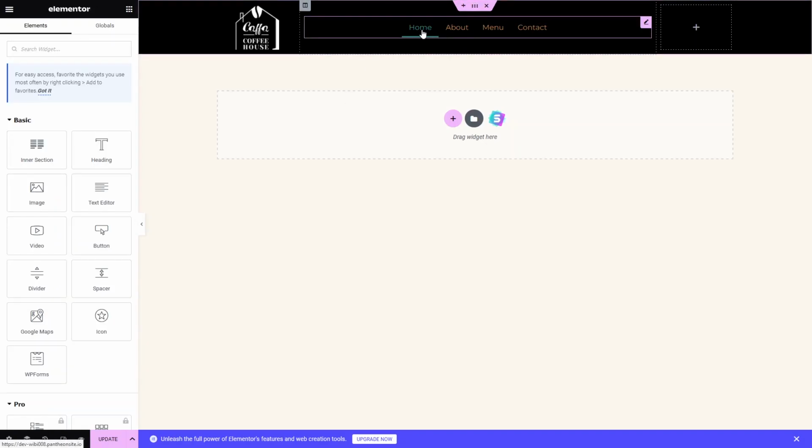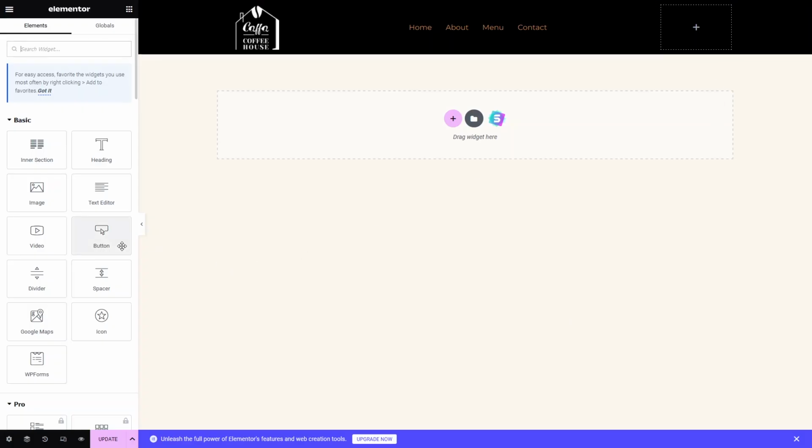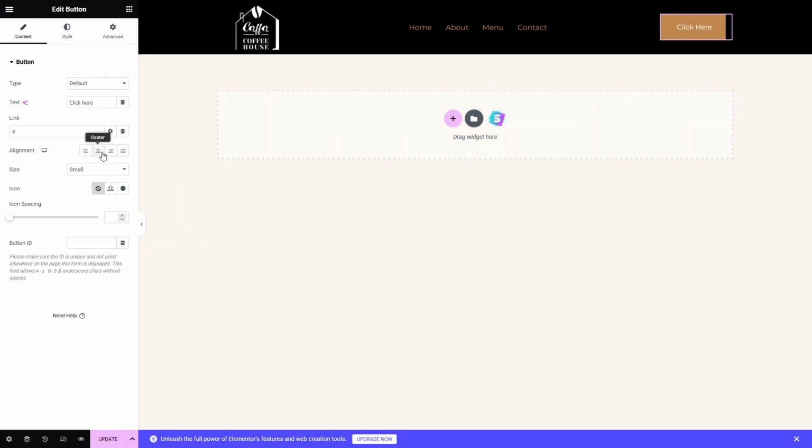And now you'll be able to see the change in color of our underline effect. Okay, so now it is looking fine. Okay, so in the last section I will actually add the button here. So the button would be, try to align it into the center or to the right side, and from here